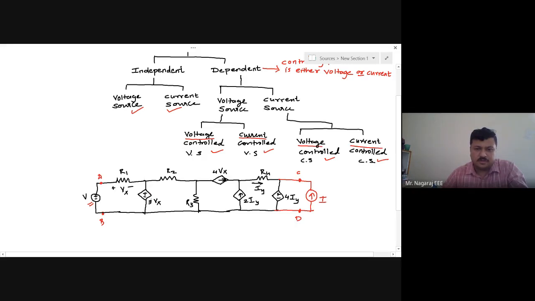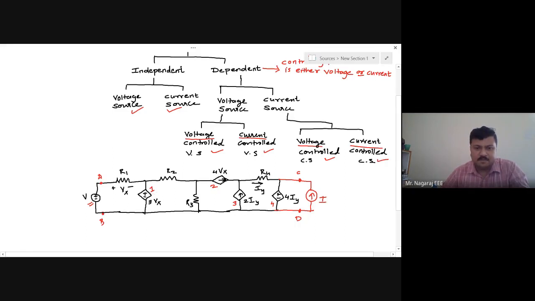Whereas you observe here, this is the rhombus. For my sake, I will number the rhombuses 1, 2, 3, and 4. Now, if you observe rhombus 1, the dependent source 1, inside this rhombus there is a plus and